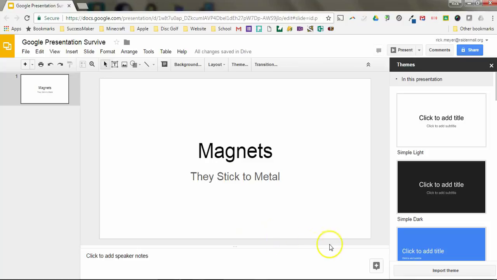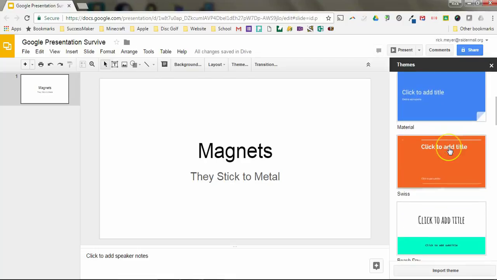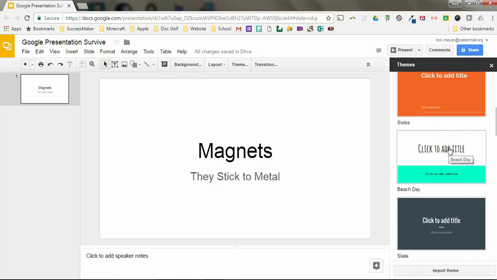Now, here's the next thing I want to talk to you about before we start adding slides, and I'll talk to you about other slides. This is a very plain, boring looking slide, is it not? Of course. So what we're going to do is go into what are called themes. And themes are nice because they don't really require you to think too much about designing your slides from scratch. They'll allow you to pick a default setting that's already been put together that looks really nice. So you can scroll through here and see,